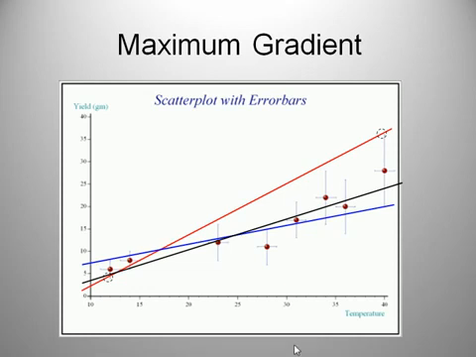Now, the gradient usually means something. It has some meaning. For example, if this was displacement and time, right? The slope of that graph would give us velocity. So the gradients here or slopes would represent velocity, and the difference between the maximum and minimum gradient here would give us our range of velocities based on our uncertainty